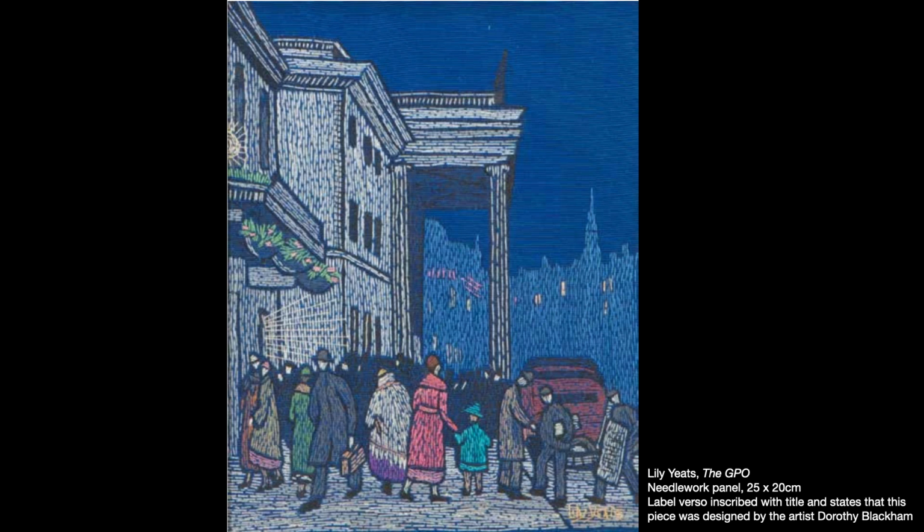And just as another example of how involved Dorothy Blackham was with the Yeats sisters and their work with the Koala and Cuala presses, this is an example of a needlework panel that was created by Lily Yeats, but the design was drawn by Dorothy Blackham. And in a letter that Dorothy Blackham wrote to one of the former curators and directors of the Hugh Lane Gallery, Ethna Waldron, when she had written to her asking for some autobiographical information about her as she was a part of the collection, in a note back to her, she wrote,